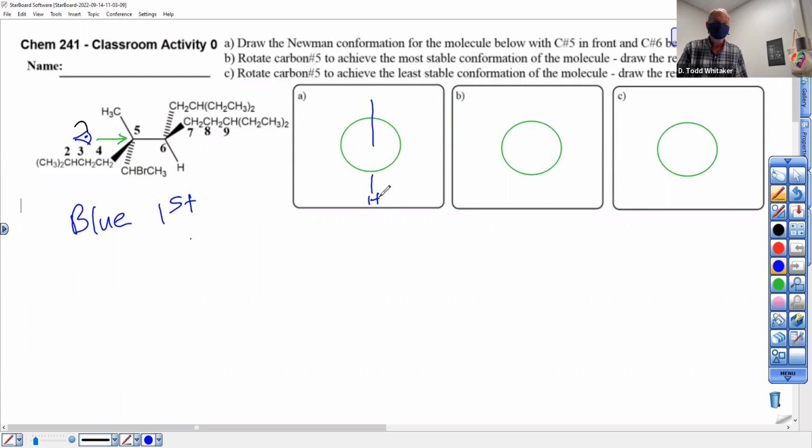Give me a number. Carbon 6. You were told it has to be behind the ball. Okay, so blue's first, blue's done. And then the question is,